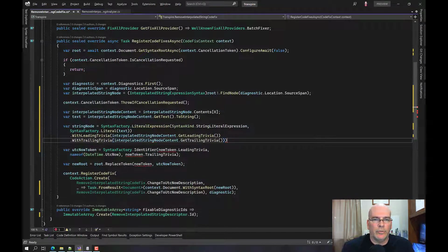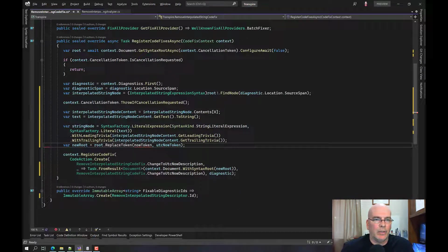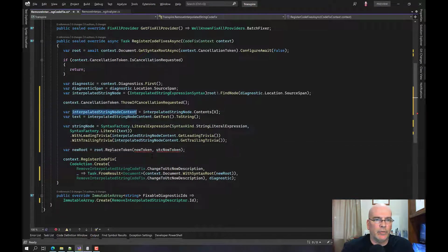Though I'm not sure if this is actually correct. And then the new root would be this thing. Now this thing. Oh, no. That thing. Why don't you? Oh, because it's not a token. Let's replace. No. Replace node. There. And then we register the code fix,